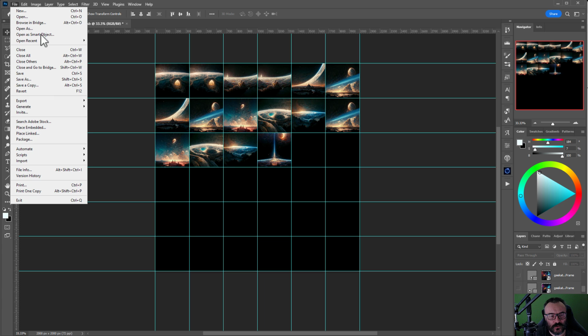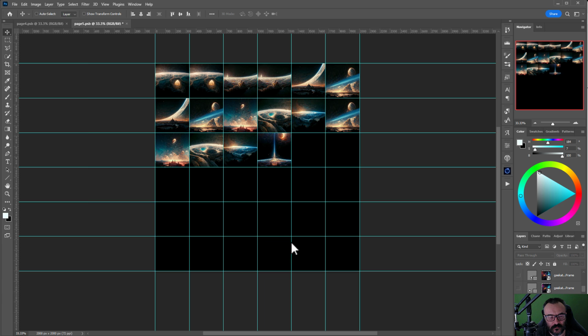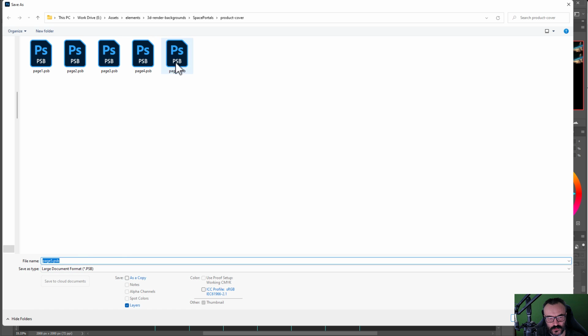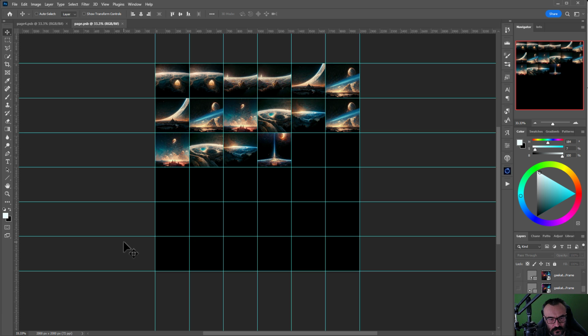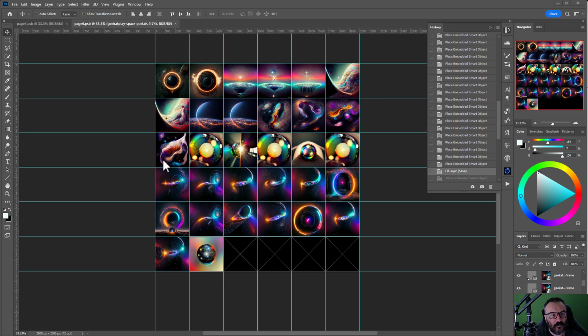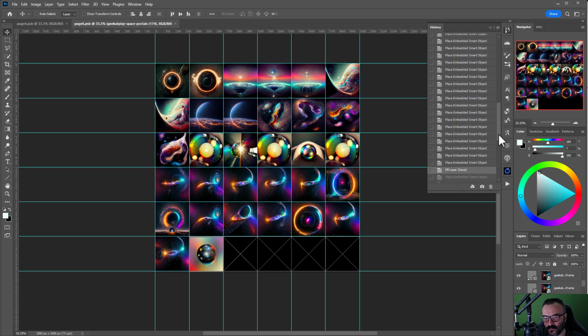Okay, let's go to File, and now we'll save as page 6. Okay, this is our thumbnails. Now we want to do... Okay, actually I don't want to undo this one. Okay, so I think I overrode one accidentally and I need to reverse it, and this is actually where history